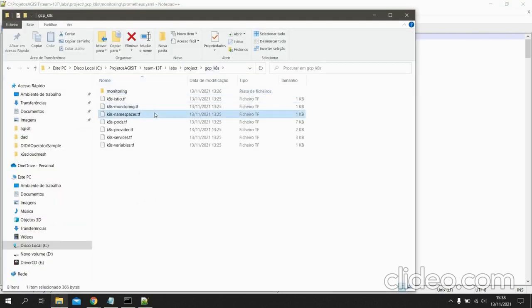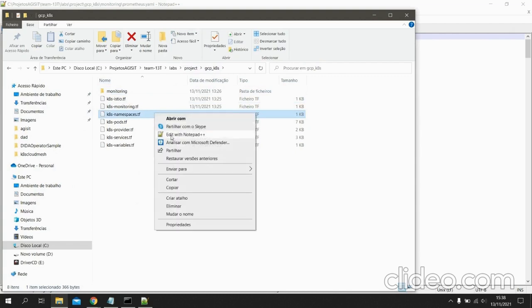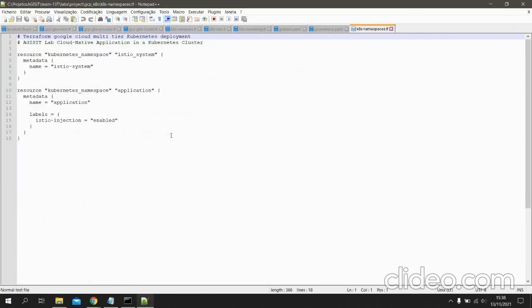In this file here, we define the namespaces. Usually, if we don't define anything, we have all the application in the default namespace, but here we choose to have a namespace called Istio system, and the other one, the application.